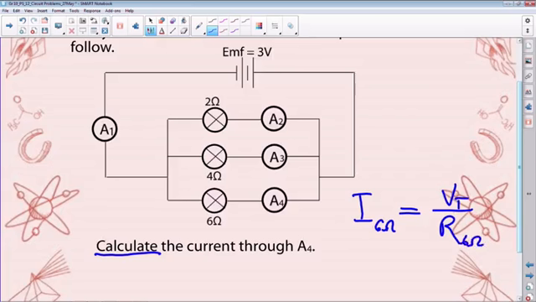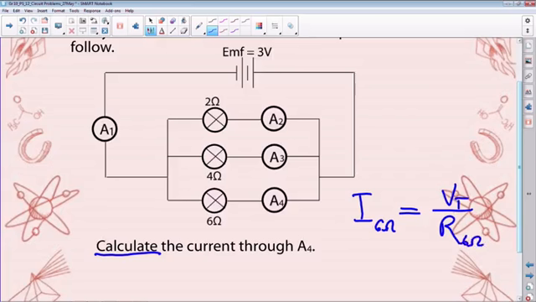So we have the voltage, which we said is constant by virtue of the fact that in this parallel circuit, V remains constant. So our current through the 6 ohm resistor is equal to our V total, which is 3 divided by 6. This gives us a current through the 6 ohm of 0.5 amperes. So this is by all means the lowest current that we'll record in this particular circuit,